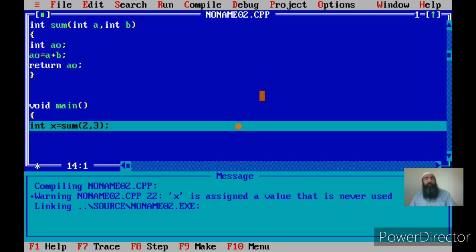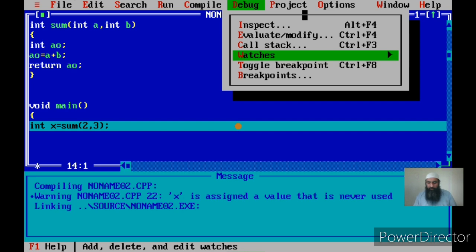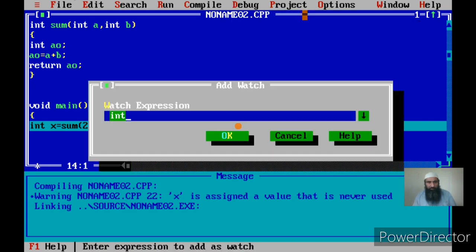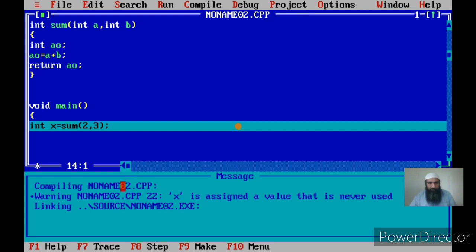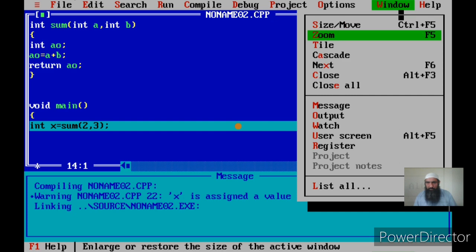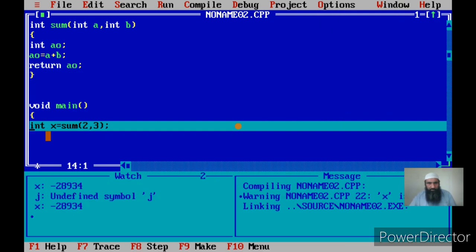See if it works or not. We can watch here. Watch the value of x. See here, I have a variable x that initially has a junk value.